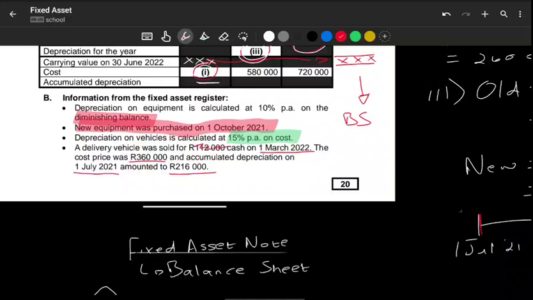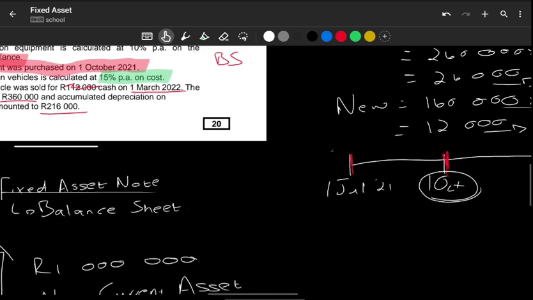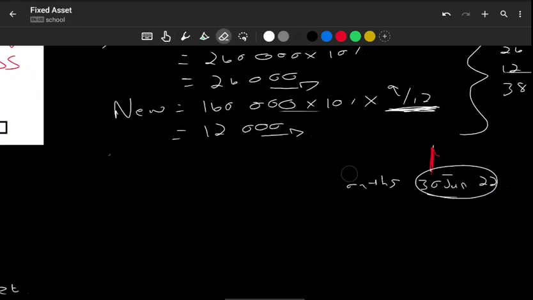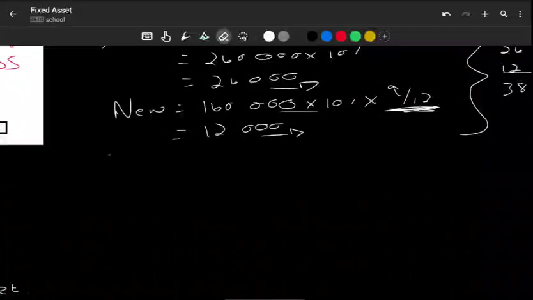Now remember, we don't calculate vehicles on a diminishing method. We only calculate it on cost. Therefore, when we calculate the depreciation for the current year, we will not factor in the accumulated depreciation, right? Now, what is the reason for us calculating the depreciation for this current financial year? Remember,